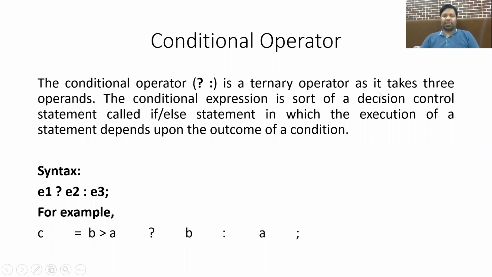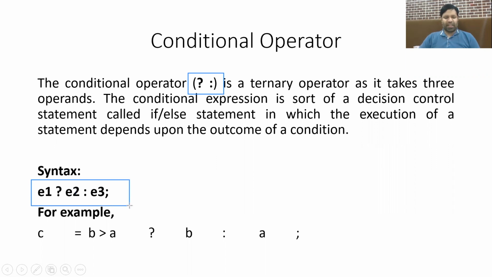The next is the conditional operator, which is also known as the ternary operator. An example of the same was given at the beginning of this video lecture, but we will have a look at it again. The symbol of the ternary operator or the conditional operator is given here, question mark followed by colon. The syntax with which we can use it is given right here.